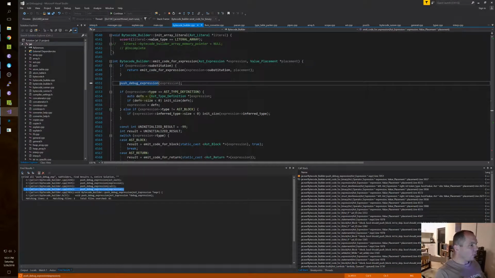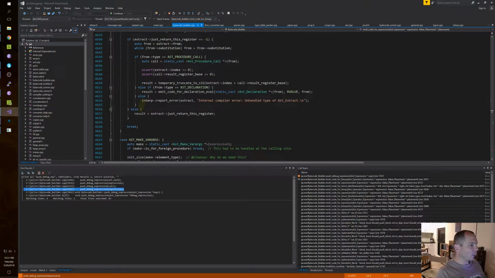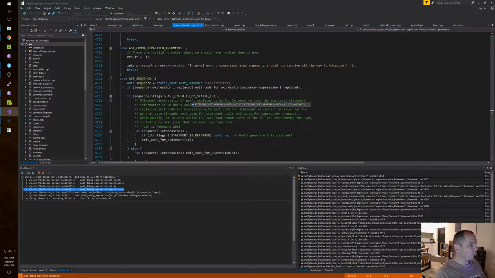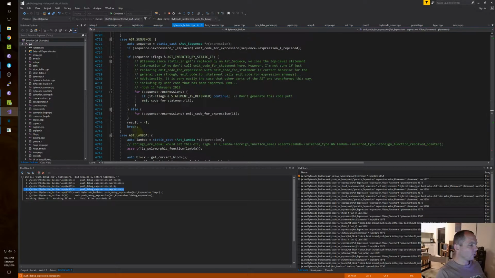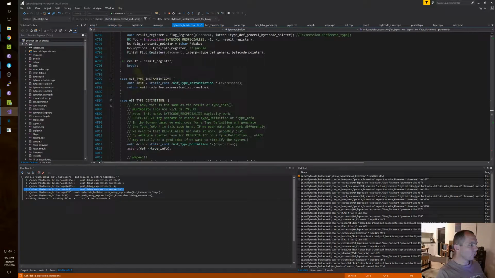Like this is going to have some returns in it, right? Maybe not. Isn't this going to maybe have some yields? Yeah.